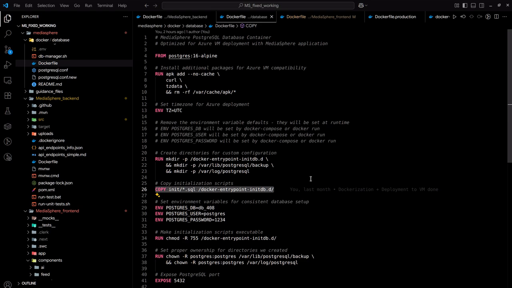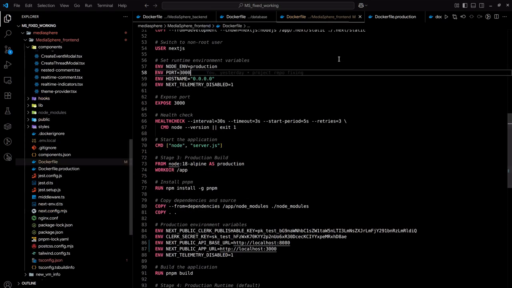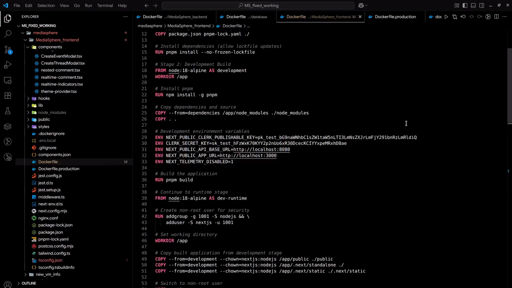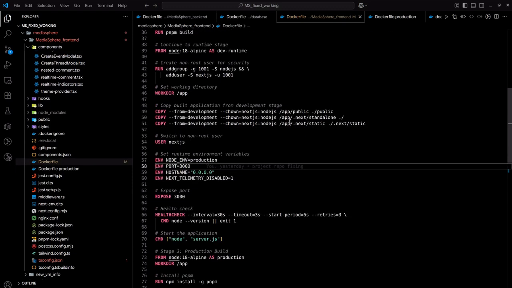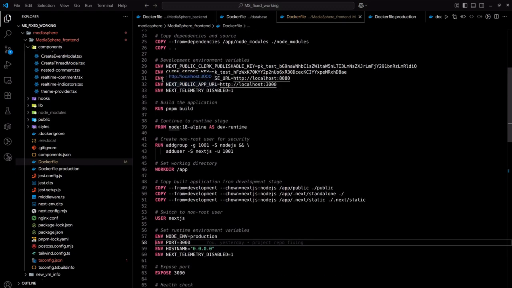Next comes the front end. In the front end, we faced an issue when deploying it to the VM. So we created two separate Docker files to handle this situation. The first Docker file that I'm showing is the local Docker file, which handles Dockerization in local environments like running on someone's PC. Here, we set the environment variables, the next public API base URL and next public app URL